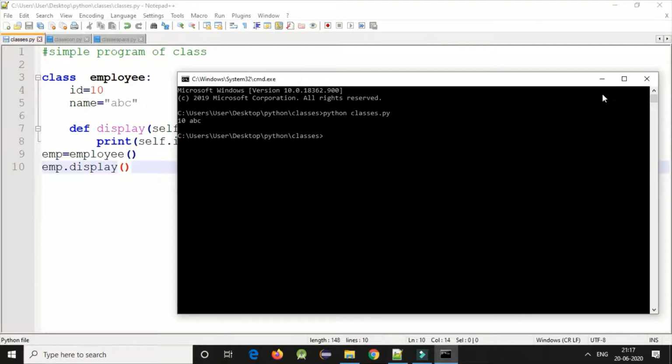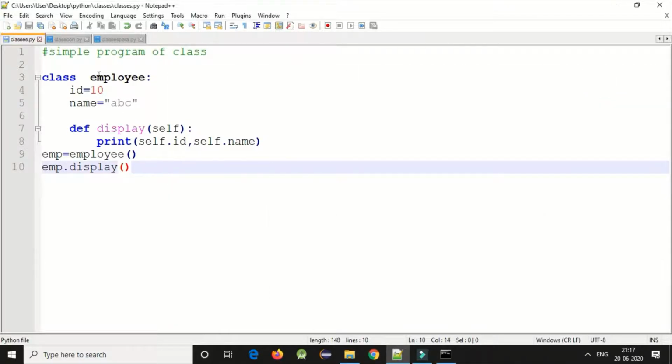Now here we have created one class and in that we have defined one method.